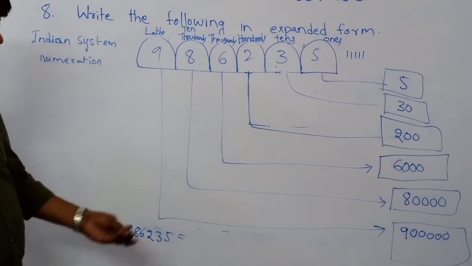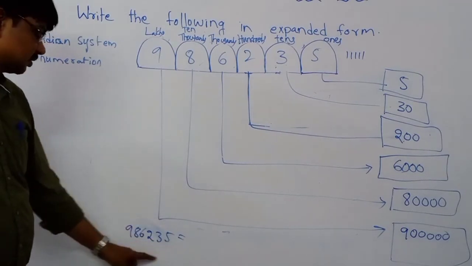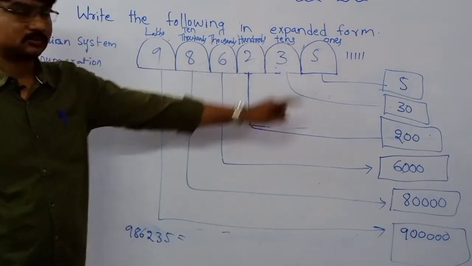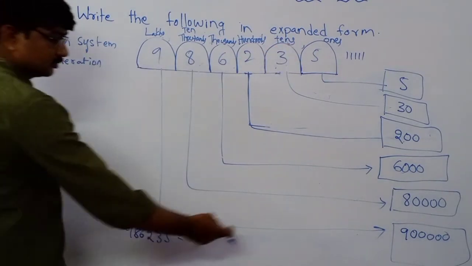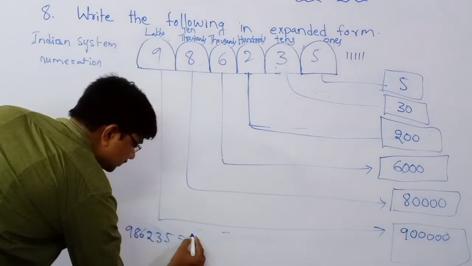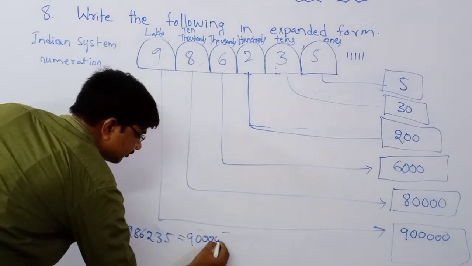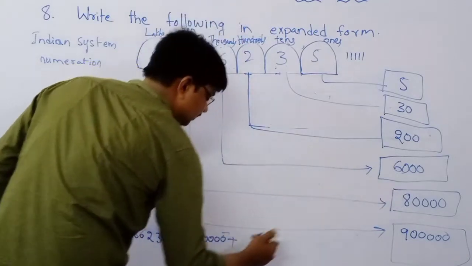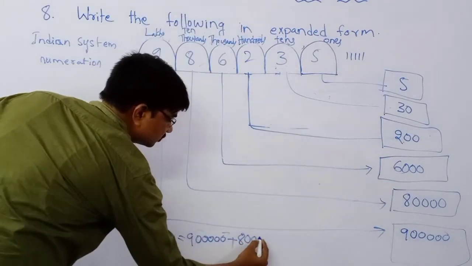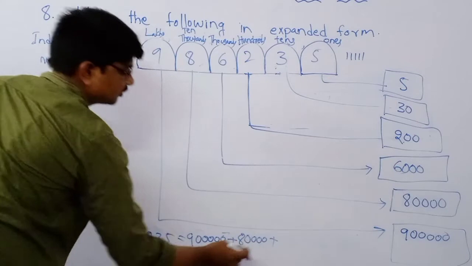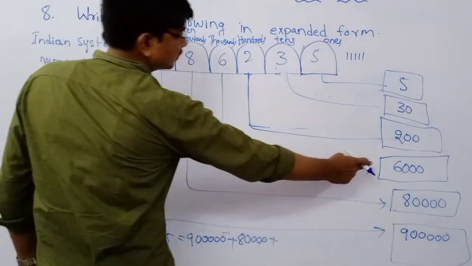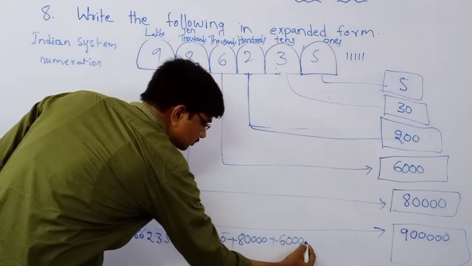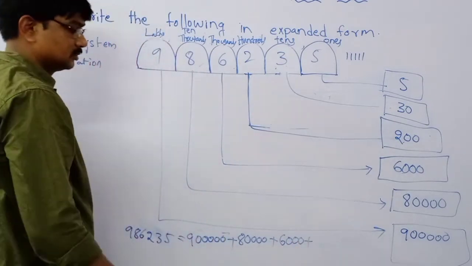9,86,235. Let us write this short form into expanded form. Okay. 9 here, 9 lakhs, 1, 2, 3, 4, 5 zeros, plus. What is here? 80,000. Next, 6,000, plus